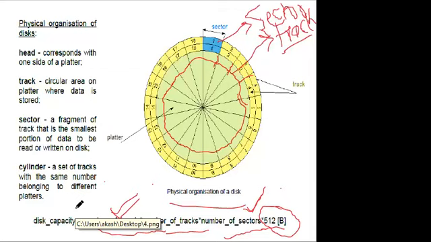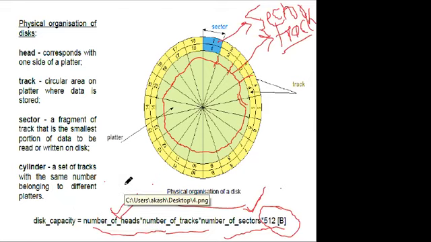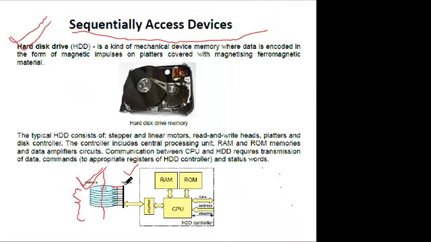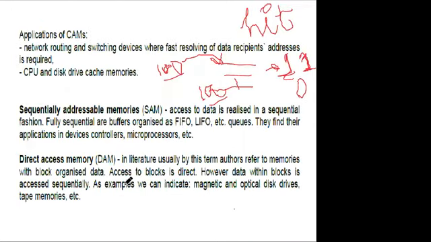And when you specify a particular location or address to access, it acts sequentially. First of all, in the sequence, it will try to access which cylinder. Then it will go for which track to operate. Then it will go for which sector to operate. And then it will target that particular location to which the data has to be written, or from which the data has to be fetched. So the hard disk drive is an example of a sequentially accessed drive. You can look up more such examples of these kinds of memory elements.